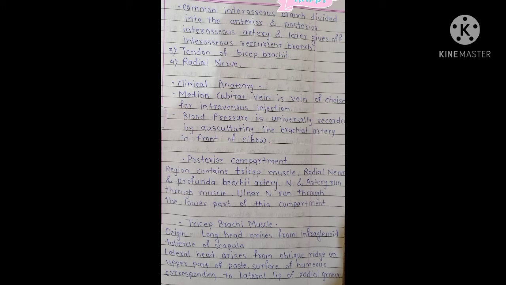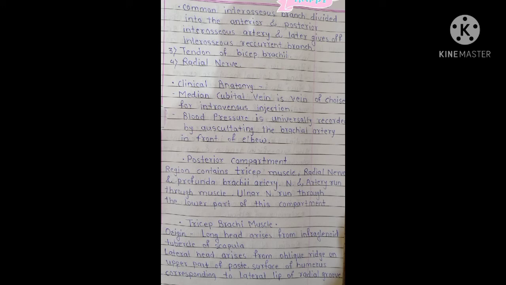Then the clinical anatomy of the cubital fossa is: the median cubital vein is the vein of choice for intravenous injection, and the blood pressure is universally recorded by auscultating the brachial artery in front of the elbow joint. Then the posterior compartment of the arm contains the triceps muscle, the radial nerve, and the profunda